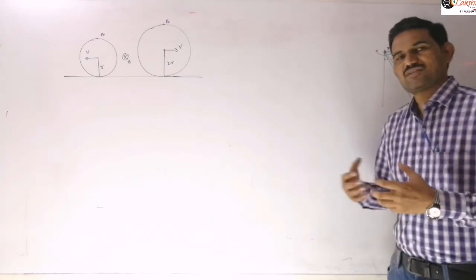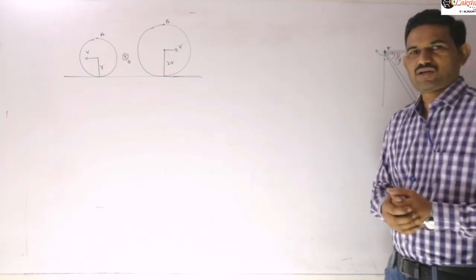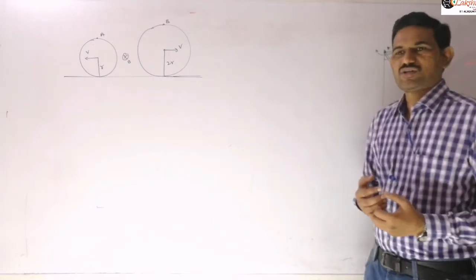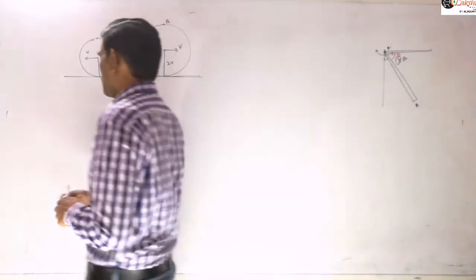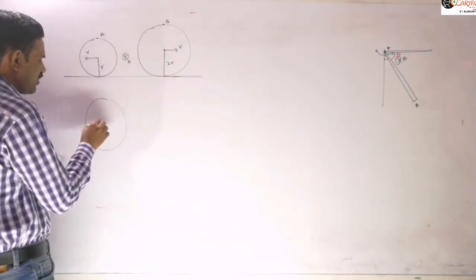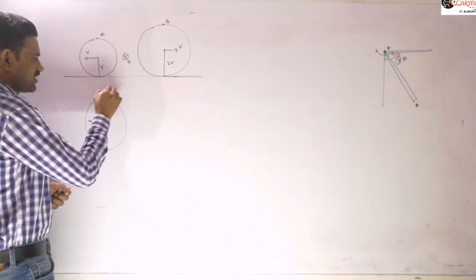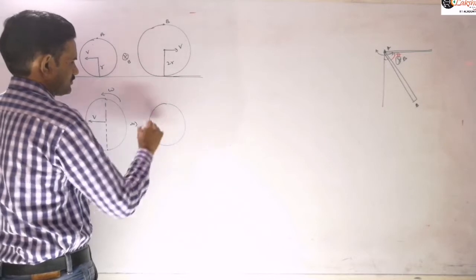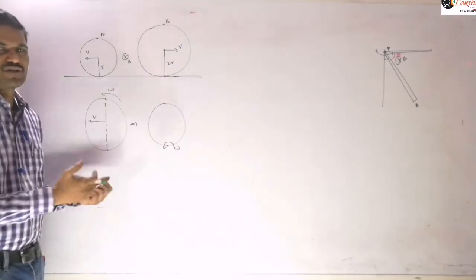Now the given information is it is rolling without slipping. So then we know the rolling concepts here. When the body is in pure rolling motion, you can consider it as a pure rotation about the point of contact, because that point of contact will become an instant axis of rotation. If the object is in pure rolling, it is rotating with angular velocity omega, and it can be taken as pure rotation about this point with the same angular velocity omega. So that principle we can apply here.